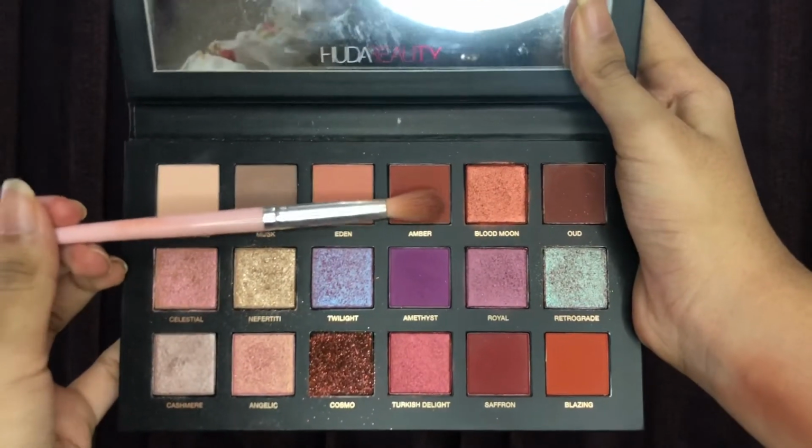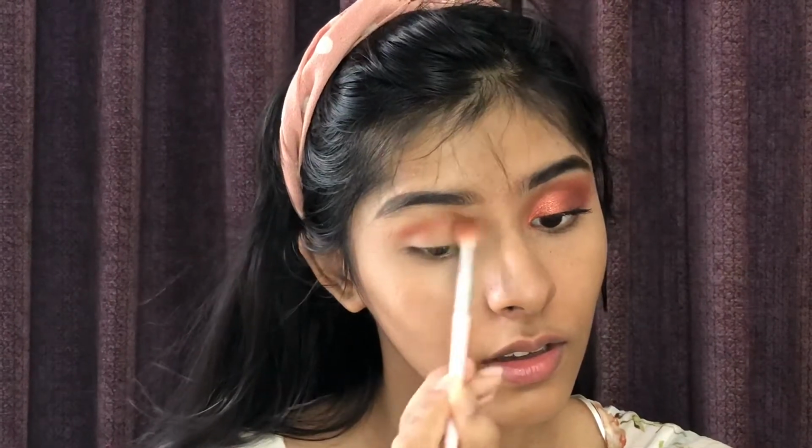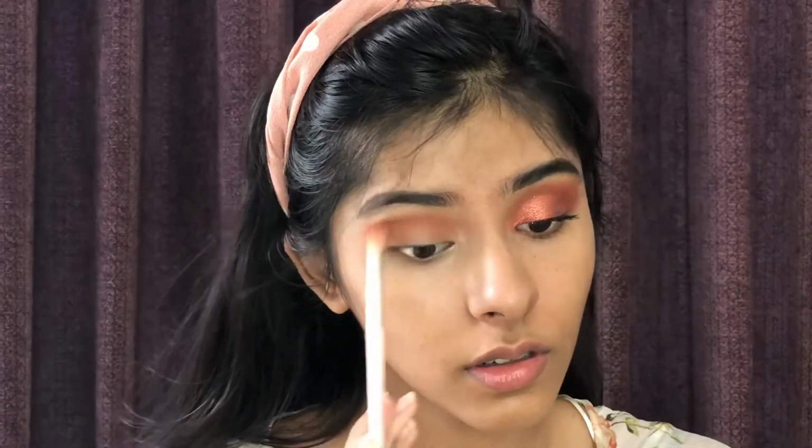So for today's video, I did a fall inspired makeup look. It is YouTube's fall season, even though Bangladesh doesn't have fall season, but here we are. Anyways, let's get started. For today's makeup, I'll be using the Huda Beauty Desert Dusk palette. I don't show it much on camera, so I thought of using this to do a very coppery warm makeup